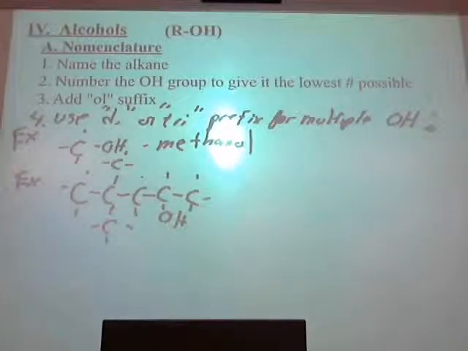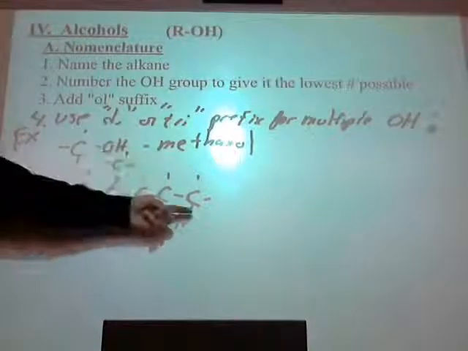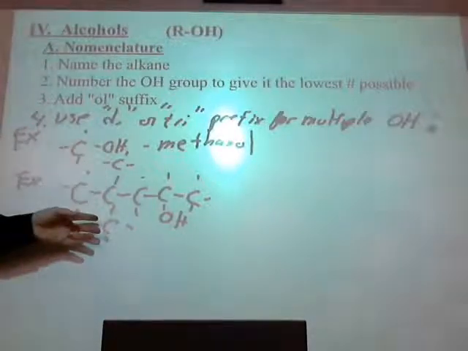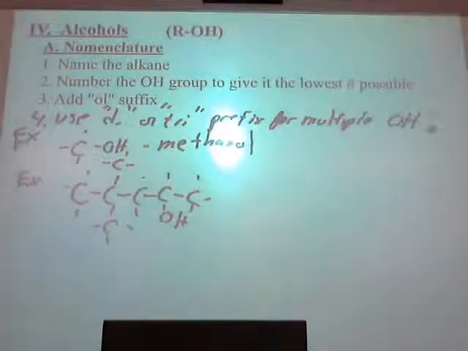Okay, what if I give you that guy? Well, the biggest problem you'll see here is which side I number from. I'd already given you the hint, and you kind of know it. I got to start from the right side because the OH is on that side. Even though the methyls will be lower numbers on this side, OHs take precedence,